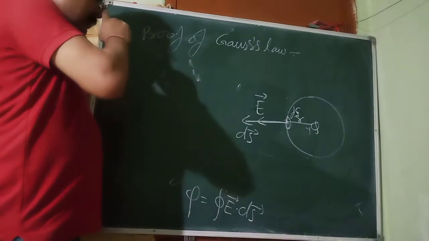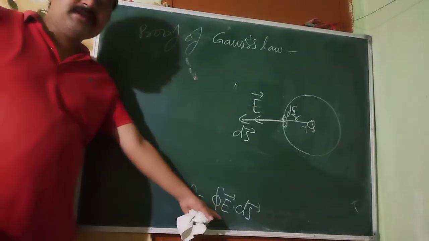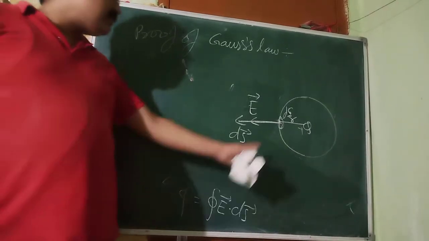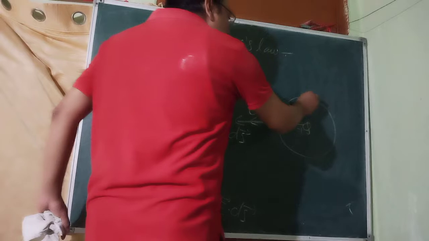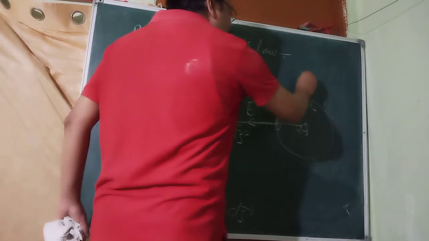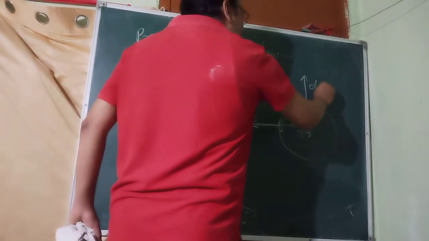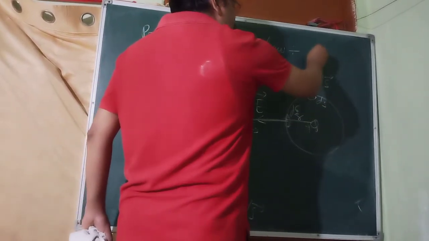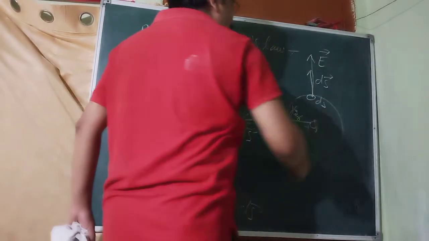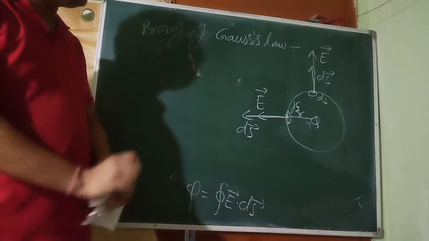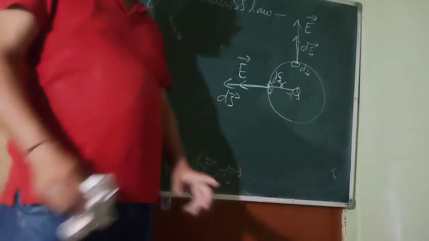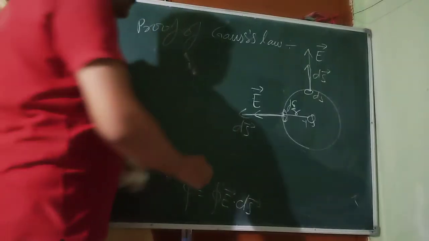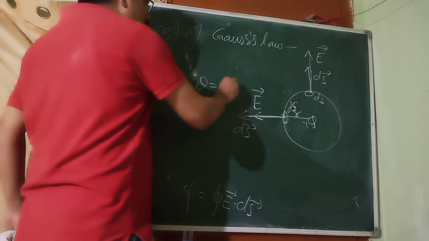Okay. Now, when we put these things over here, tell me what is the angle between E and ds? It is 0. You might be thinking that sir has taken it here. Okay, no problem. You take the area here, ds, no problem. Area will be directed like this. Electric lines of force go in all the directions, so the electric field again will be along this also. Anywhere you take through the surface of the sphere, you will find the electric field and the area vector both are along the same direction. As both are along the same direction, what is the value of theta? You can see theta is equal to 0 degree.